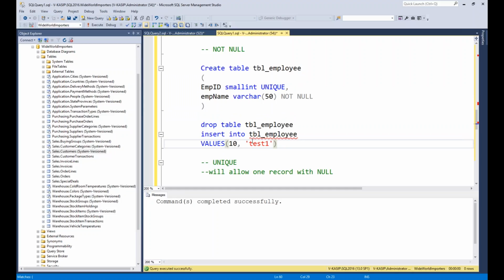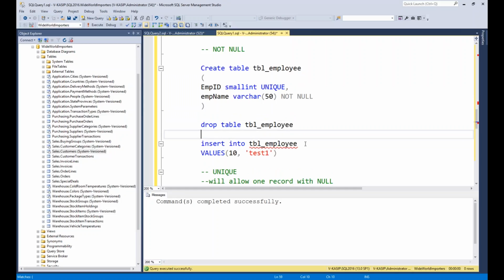If I want to create another record, what is the command? If I want to insert multiple rows, put a comma and then another set. Okay, so here I can give the null.